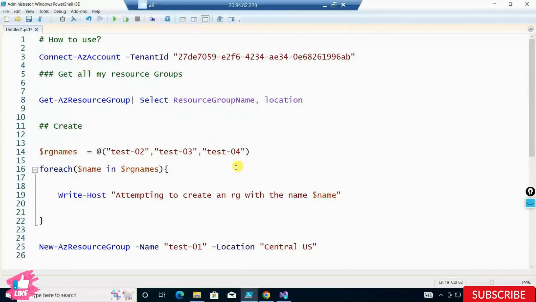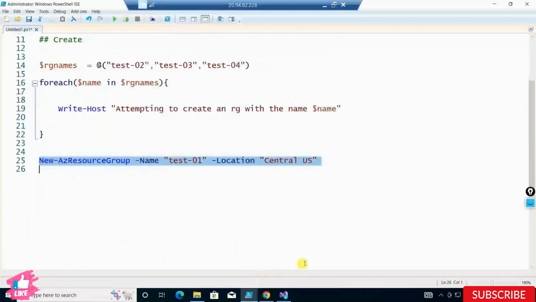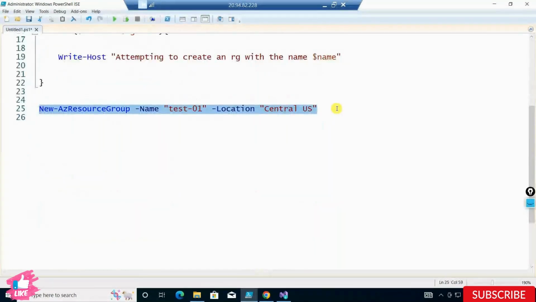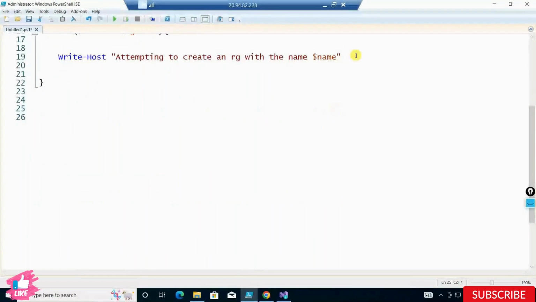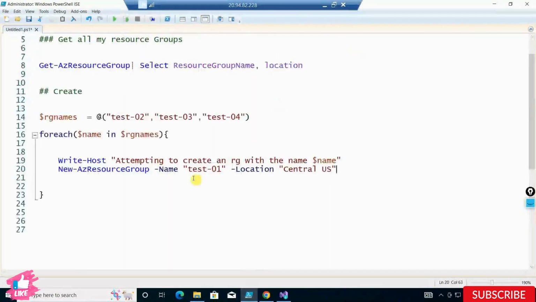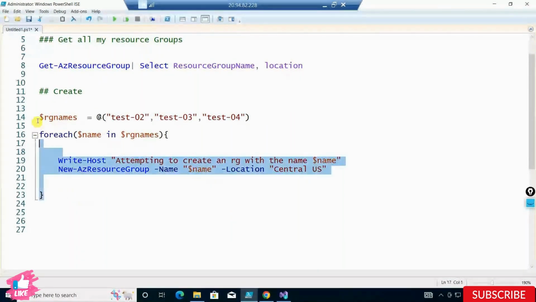What I can do is that this command is anyway there. I have this command called New-AzResourceGroup to create a resource group. I'll cut this out, paste it inside the loop. Instead of saying that the name is test 01, I'll say the name is what? $name. Not $RGNames, because $RGNames is an array of names. I cannot use an array. If I do use an array, it will fail to create it. I can also show you that it will fail. I need to use something called what? $name out here. So if I now execute this out,